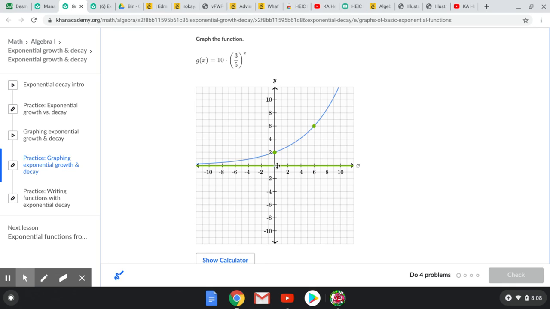This green line here that they've put in for you, that's the asymptote. So this graph will never cross this line. And that's just always going to be a 0, so don't move it. It just stays where it is. The only way this would move is if you had like a +3 out here, then it would move up